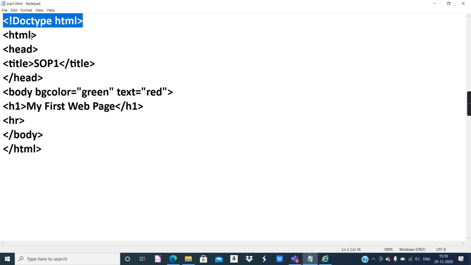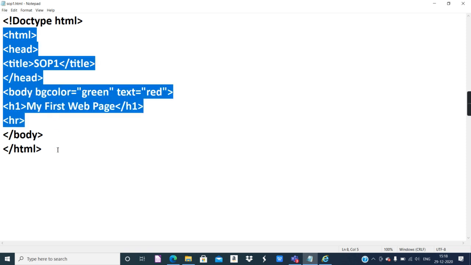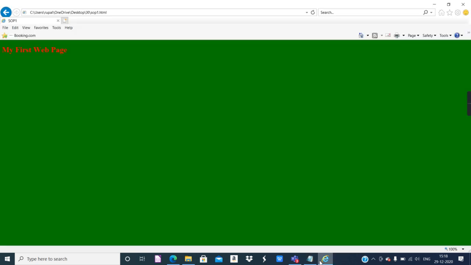Which things? Maybe some tags like the frameset tag. The frameset tag is applicable to the older version of HTML and not applicable to the HTML5 version. So usage of doctype HTML specifies what type of document it is, the type of HTML document, and it also means you are going to use HTML5.